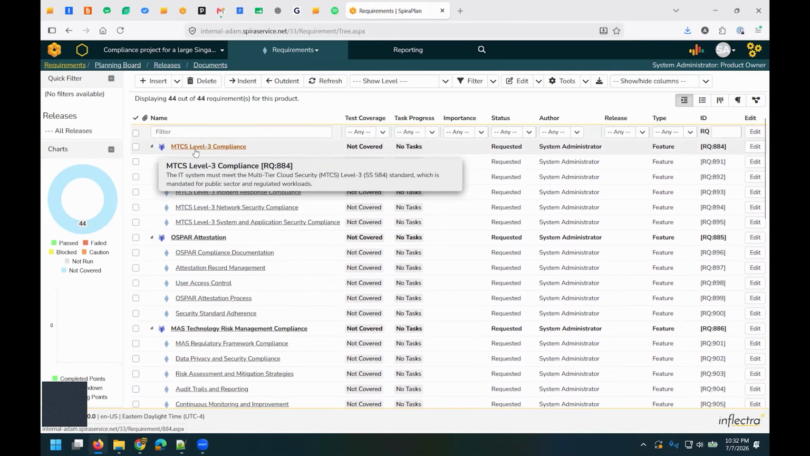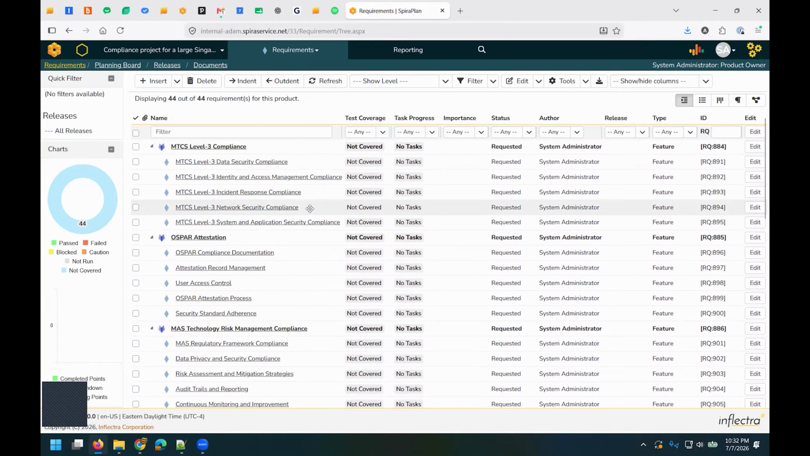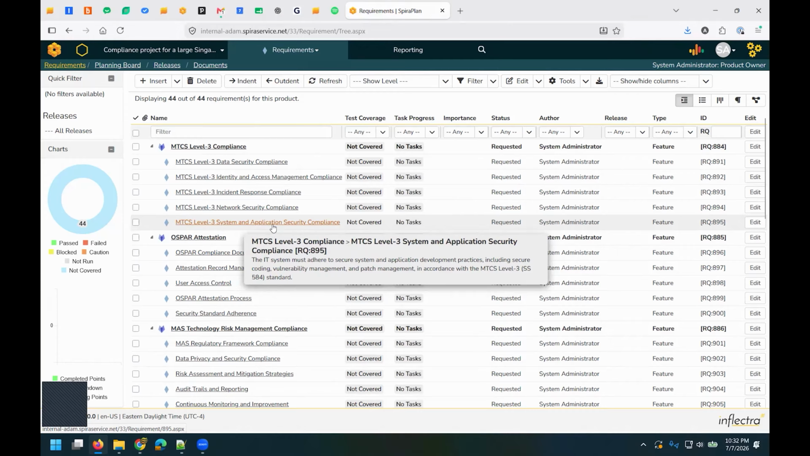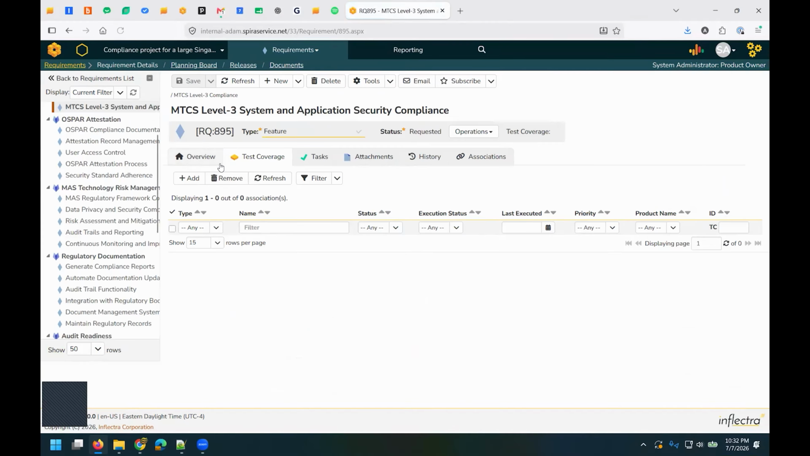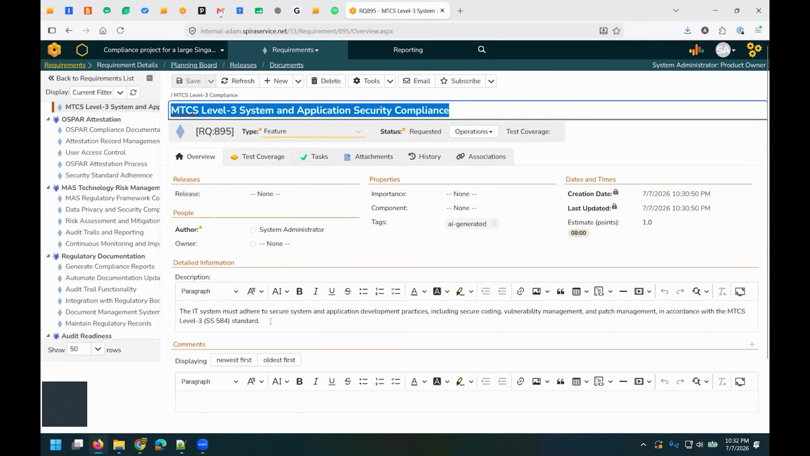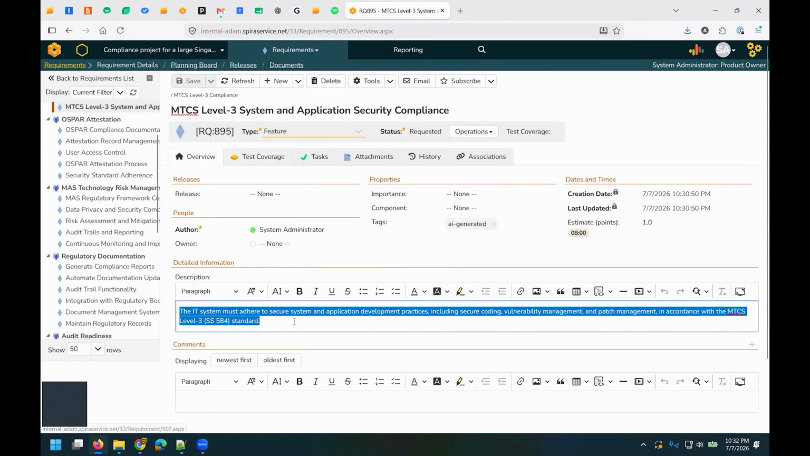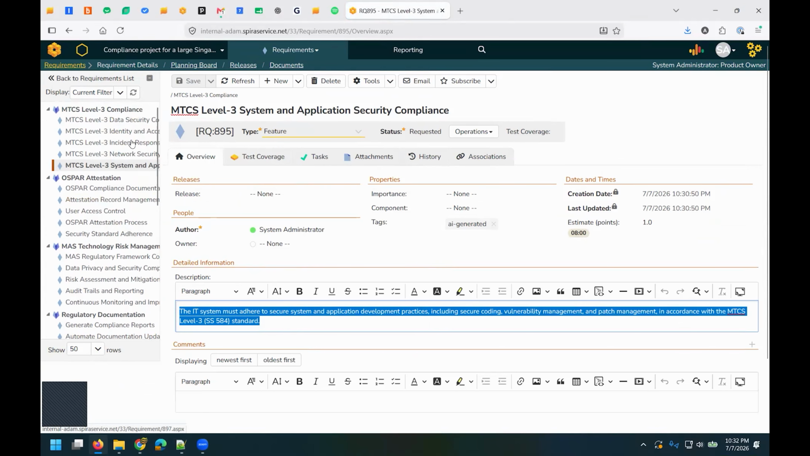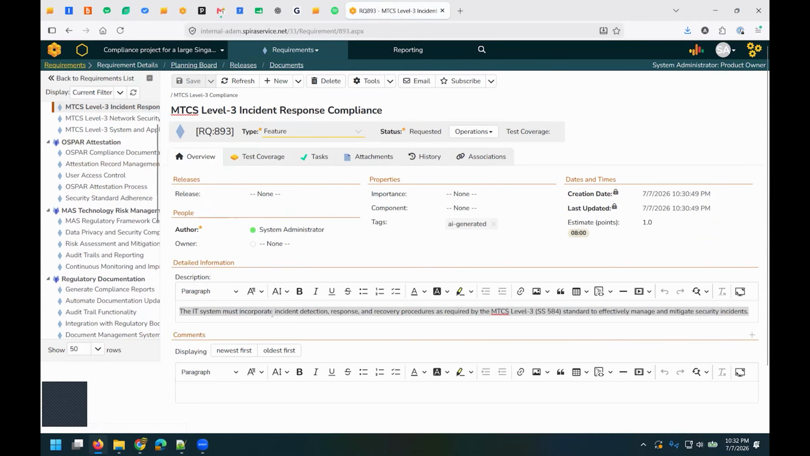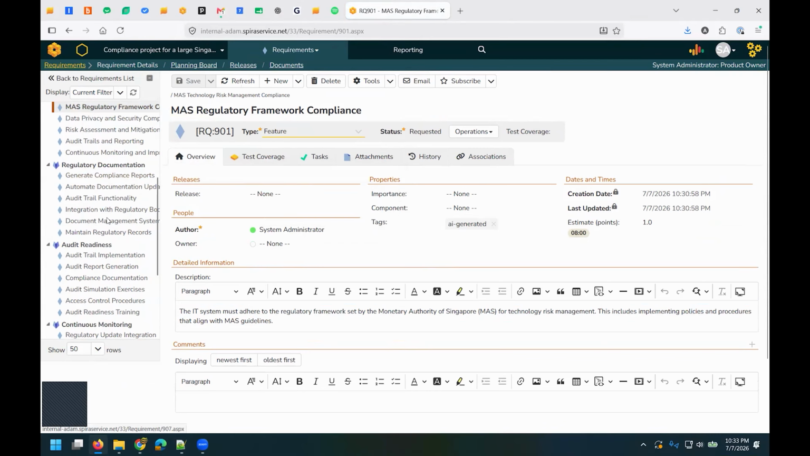So if we look at this MTCS Level 3 compliance, how about we look at the last one, system and application security compliance. So we're going to click on that one. And for this item, you'll see that SpiraPlan has created not just the title, it has also built out a more detailed definition right here. And if I navigate the other items in the tree, like an incident response plan, you can see it does the same thing. Each of these comes with a rich requirement definition,